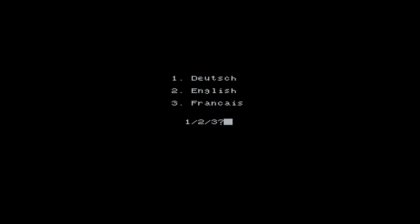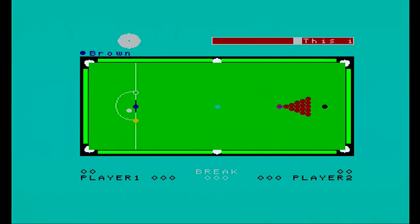Ooh, I'm excited that we got German, we got English, and we got French. This is not what I was expecting. This is the Professional Snooker Simulator. Copyright 1985, Hard Software. Not heard of this one. Written by the geezer, also known as Godwin Graham. Right, okay, fair enough. So, what do we do? I'm going to assume...